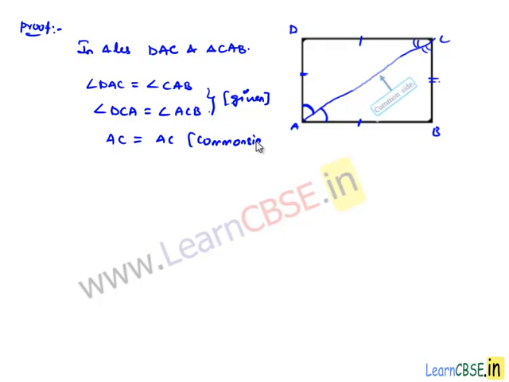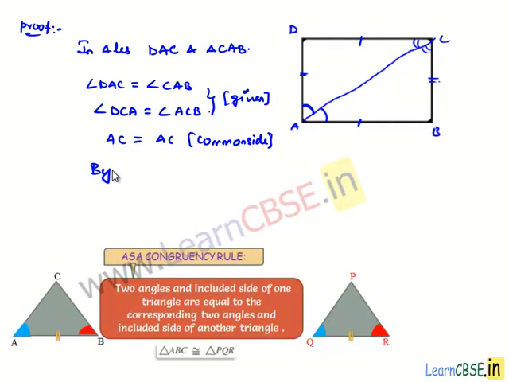So here the two corresponding angles and a side in both the triangles are equal. So here we can say, according to ASA property,